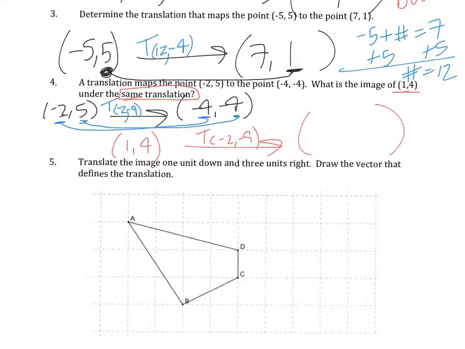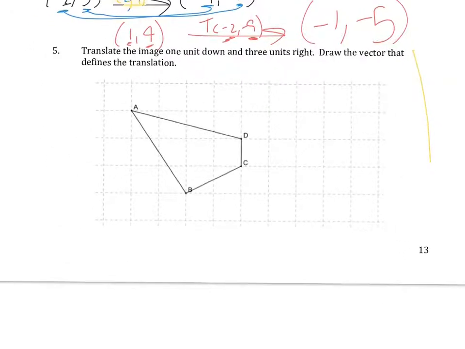And that coordinate 1 minus 2 is -1, and 4 minus 9 is -5. So in this case, it's a little bit different because it's asking us to first figure out the translation, which in this case is this part. We had to figure out the translation and then apply it to the new one. So in this case, we took 1, 4, we subtracted 2 and subtracted 9, and got -1, -5. All right,